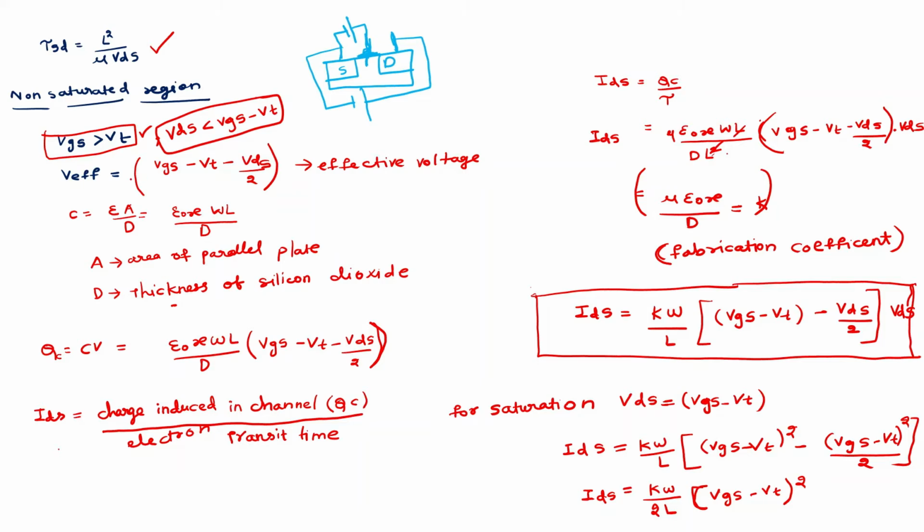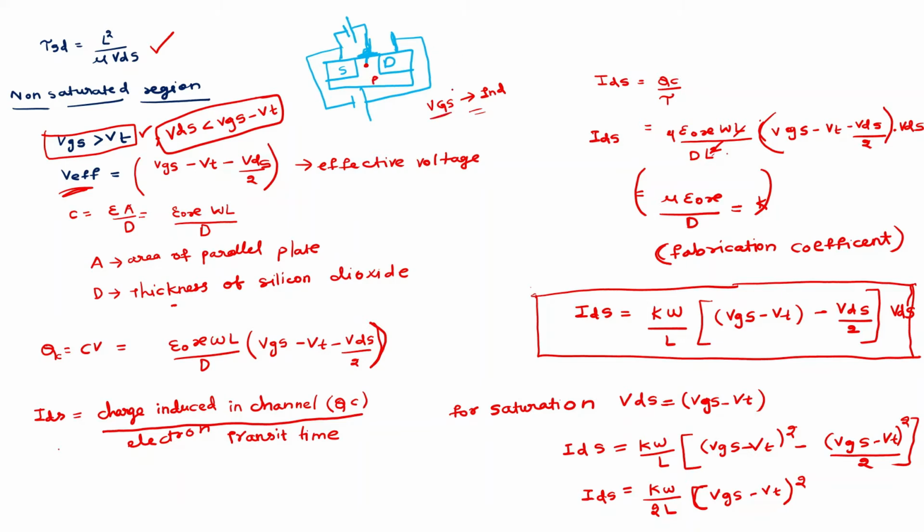As I told earlier, VGS helps in inducing charge, but VGS is not directly inducing the charge. There will be some effective voltage which helps in inducing the charge. So if you observe the diagram carefully, let's take some average, V effective, as I am deriving, let's call it V average, the average voltage which induces the electrons, which are minority charge carriers, in the P substrate.